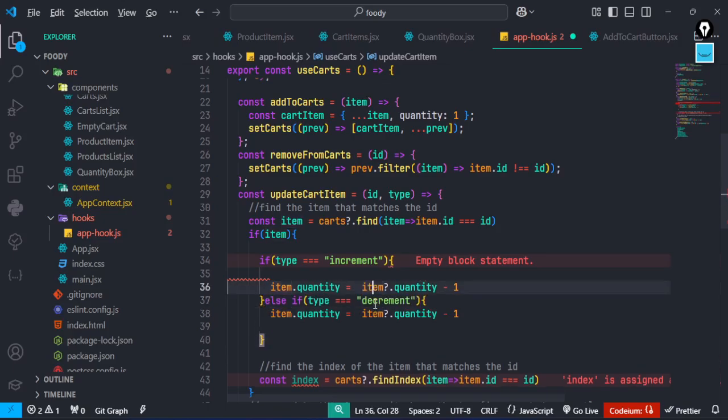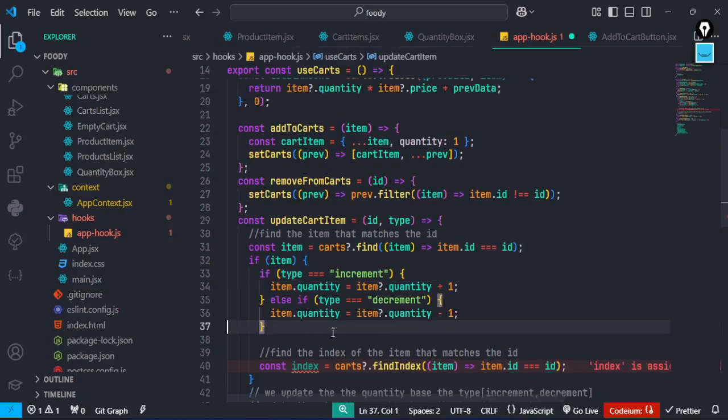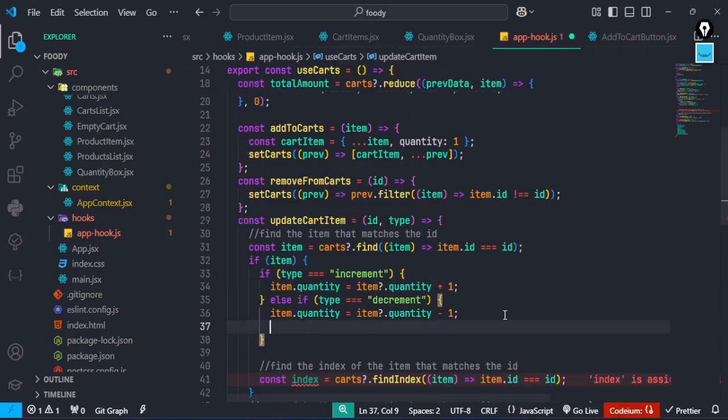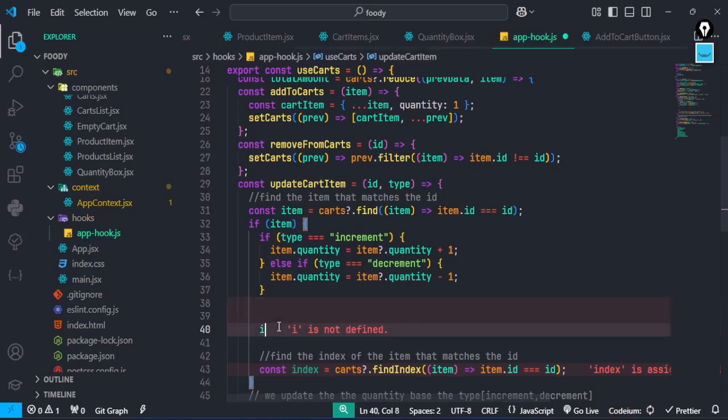so if you send increment to us, we add plus 1. If you pass this thing to us, we minus 1. So and here like this. So what we want to do, so we need to check if the quantity is actually less than 1. If it is less than 1, you know that the user wants to remove. We need to remove it from the cart. So what we need to do here, now we need to do that checking. So if